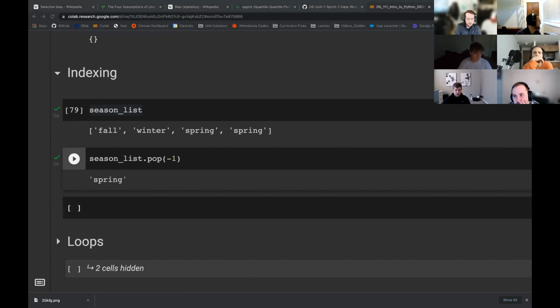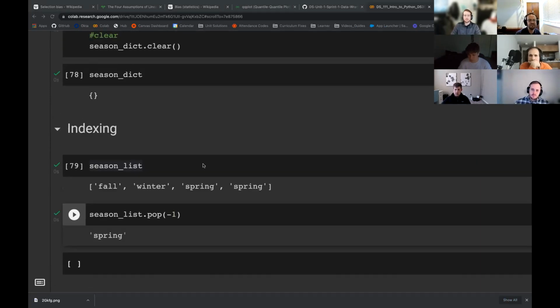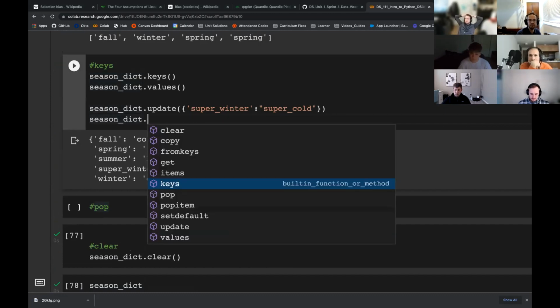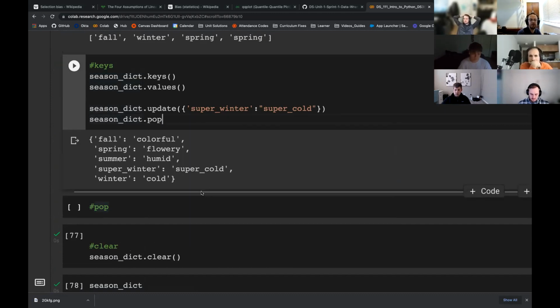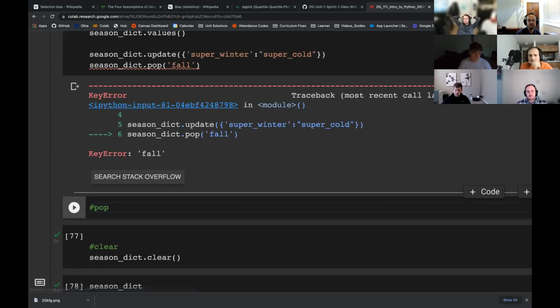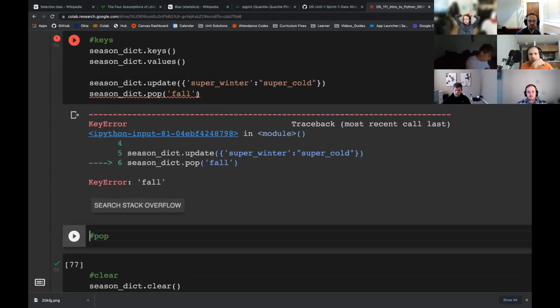So let me go to your questions before I go to the next thing. For dictionaries, they always come out in numerical or alphabetical order. It depends on the version of Python you're working with. Most of the time, they will come out in numerical or alphabetical order. Can you pop key value pairs out of dictionaries? You can remove, it's a different value, where you can pop out a value based off of a specific key. So from your dictionary, if you wanted to pop fall, it will return